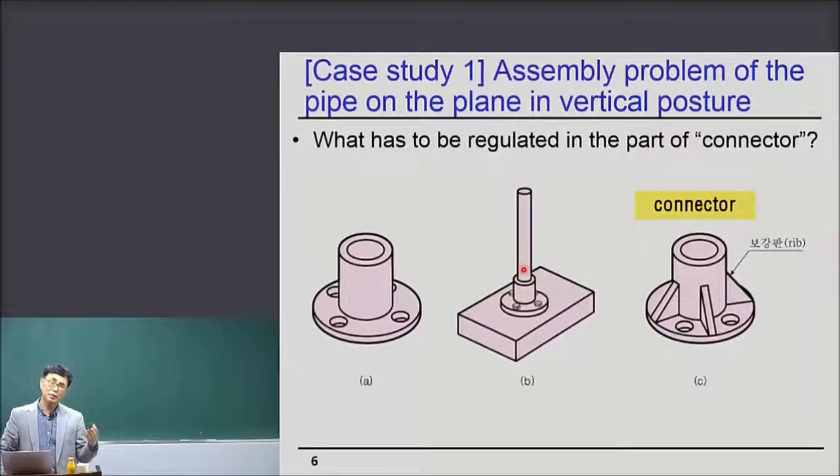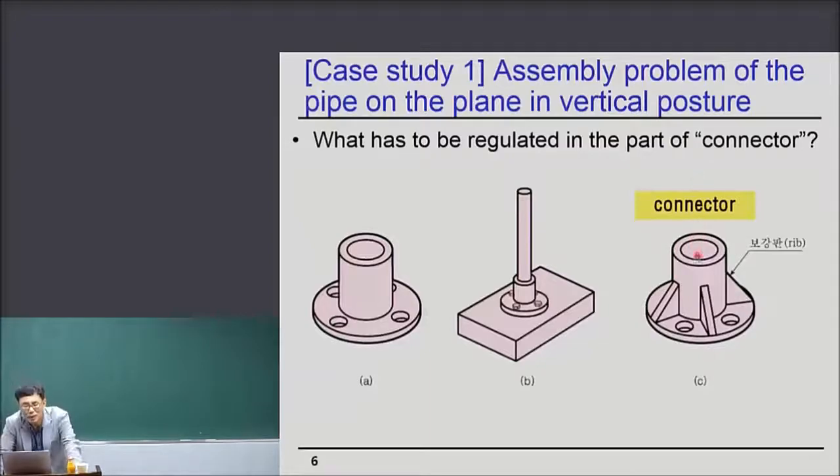I told you that assembly skill is not important. In this case, the vertical posture to the plane is determined by the accuracy of this part, the connector, and that accuracy should be assigned by the geometric tolerance,